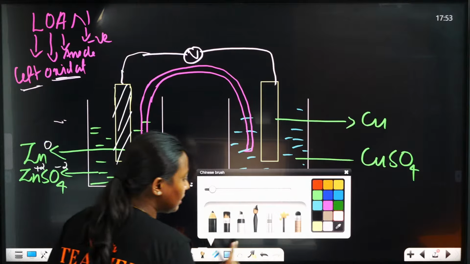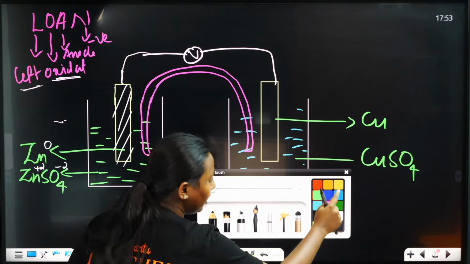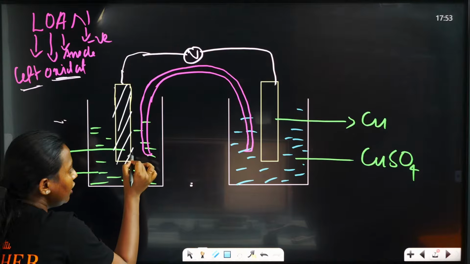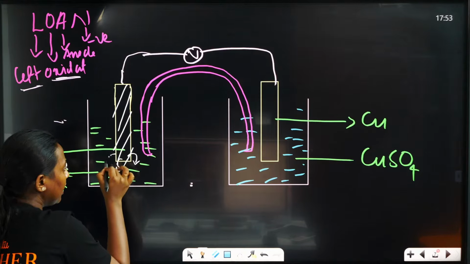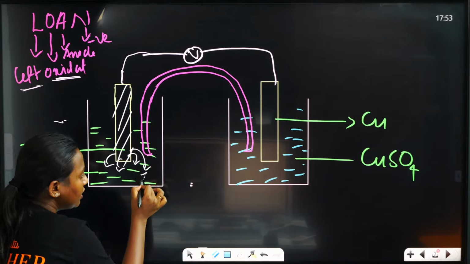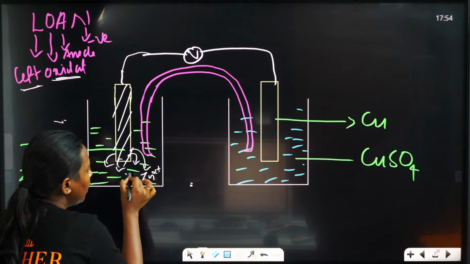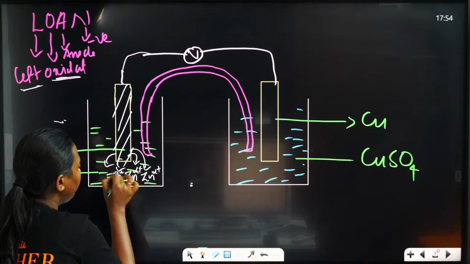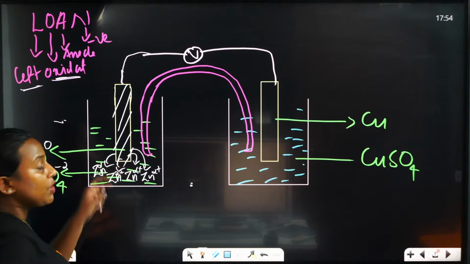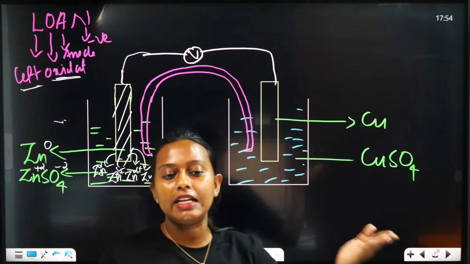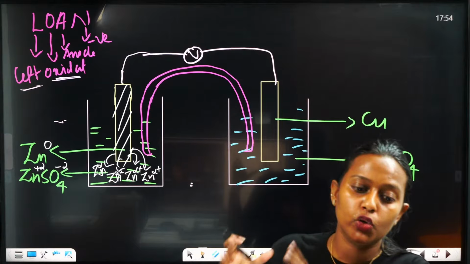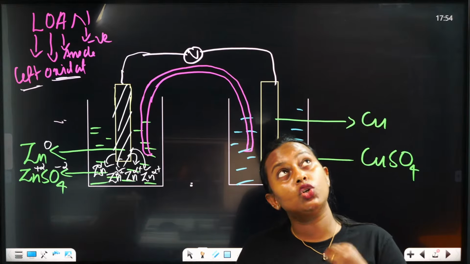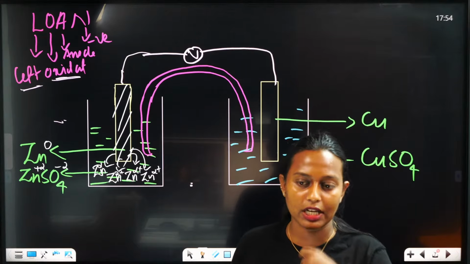From this metal, zinc will come into the solution. Zn2+ will come into the solution. You can see Zn2+, it will form Zn2+. So the metal Zn releases 2 electrons and forms Zn2+. So here Zn has released 2 electrons. So Zn releases 2